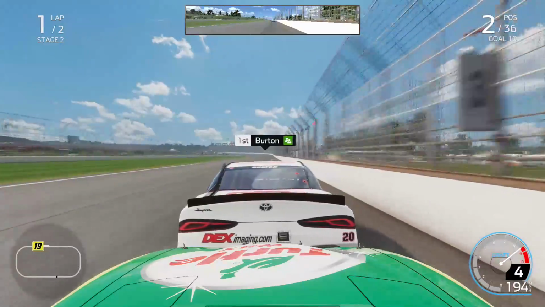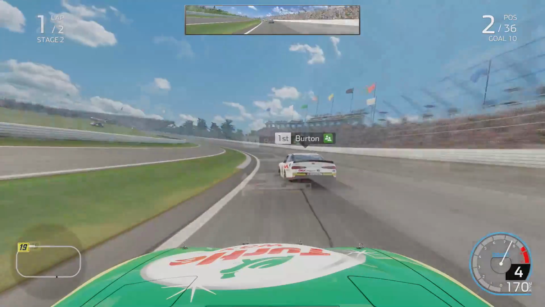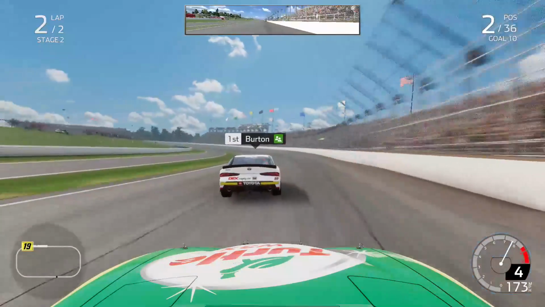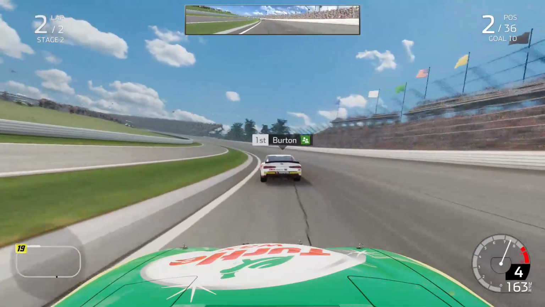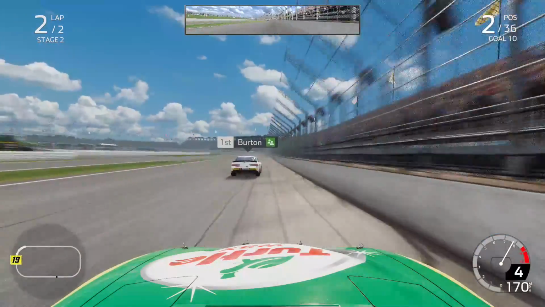Well, I decided we're going to push him down the back straightaway and try to set him up here on the final lap of stage 2. Sure enough, now as we go down into turn 3 on the final lap of stage 2, I actually did not get close enough to Harrison to make a move, and then unfortunately